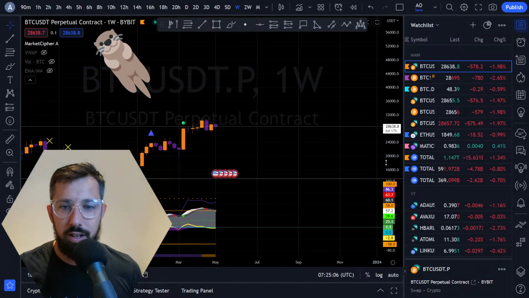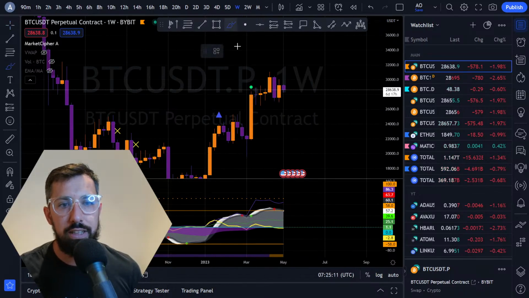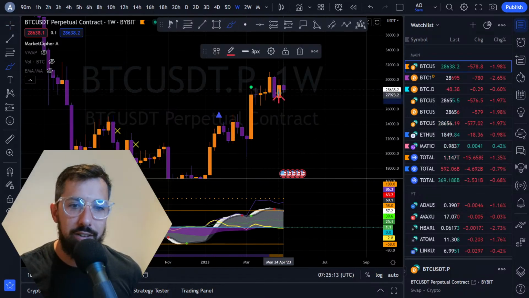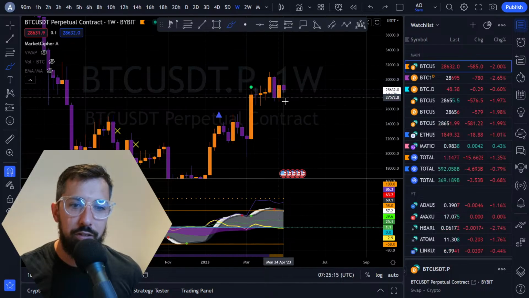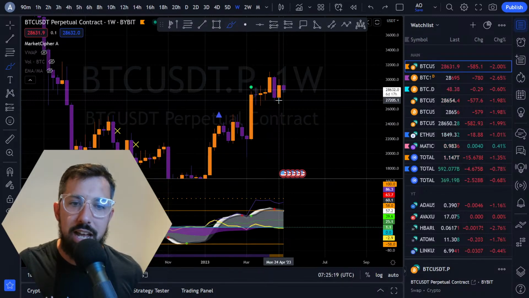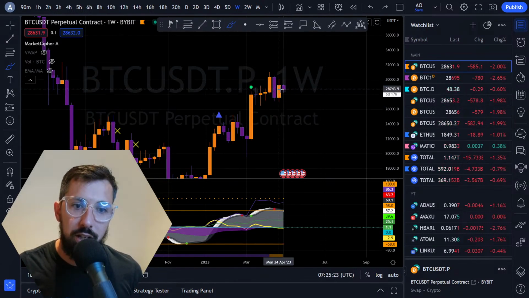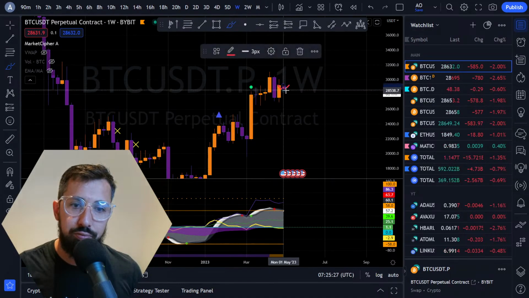The weekly does not look too good. Okay, yes, it is green or orange in this case, and you can see it pumped up, right? It pumped up, it got rejected. It's still a nice green orange candle, right? Green orange, purple's red, orange is green. So we can see, yes, we got the print, but now big dump.